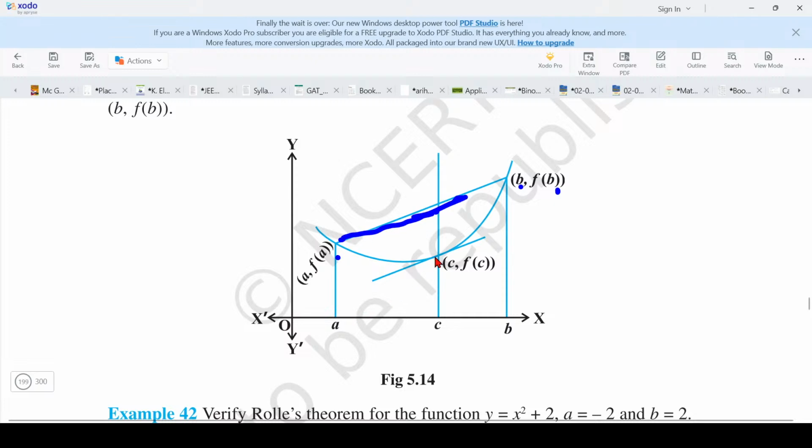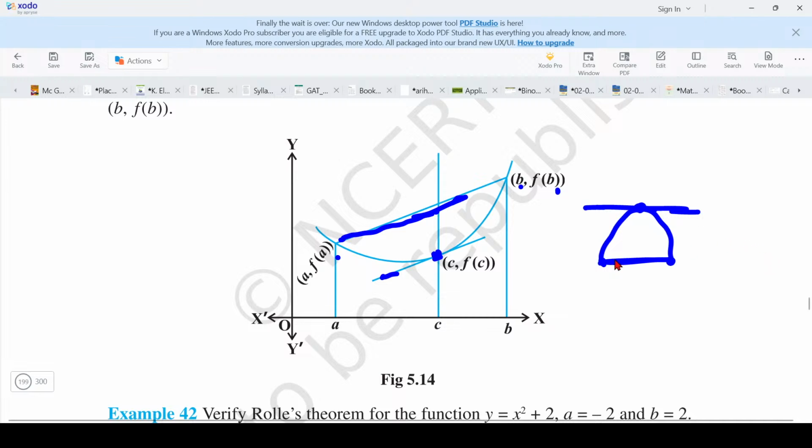Okay, now what he's saying is there will always be some point between A and B at which the slope of this curve has to be parallel to this one. This is nothing but a slant version of Rolle's theorem. Rolle's theorem, what is it saying? F of A equals F of B. That's why that straight line is parallel to the x-axis. And there will always be some point in between where the tangent is parallel to this x-axis,